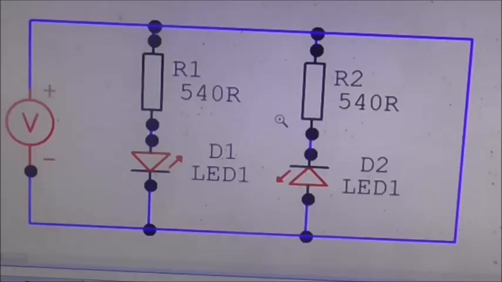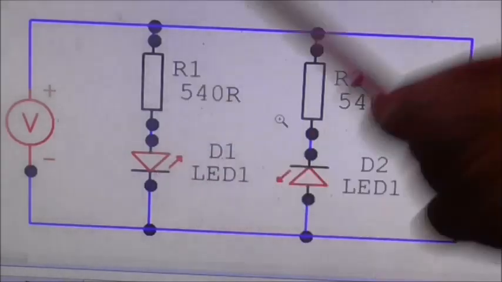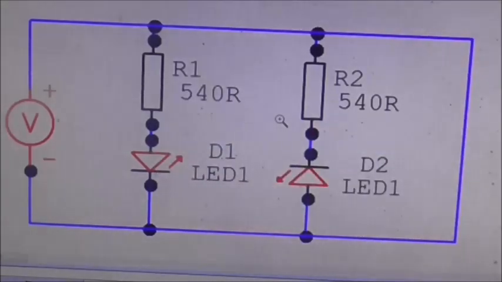What we have is two LEDs, and if we say the red one is for negative polarity and a green one for positive polarity, we can see that we have